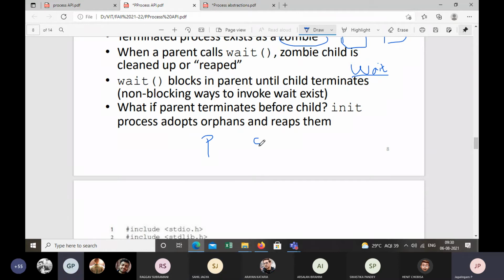Suppose in some cases, when child completes the execution, the parent no longer exists. What if parent exited before the child terminated? In this scenario, what happens? You understand my point?